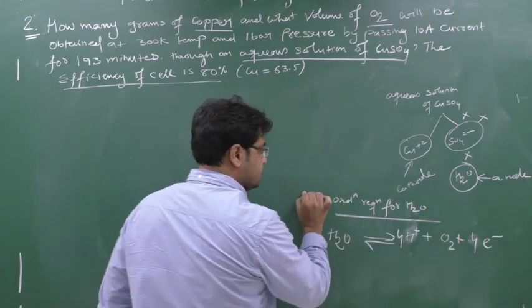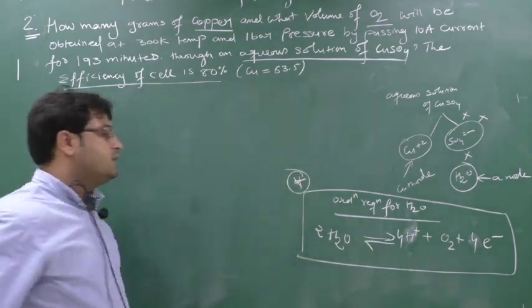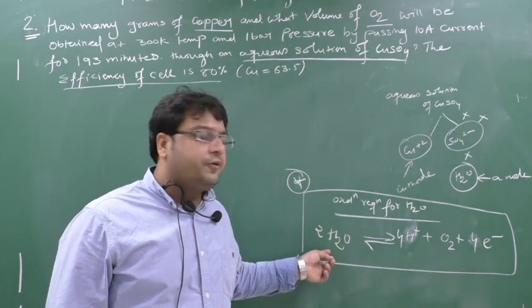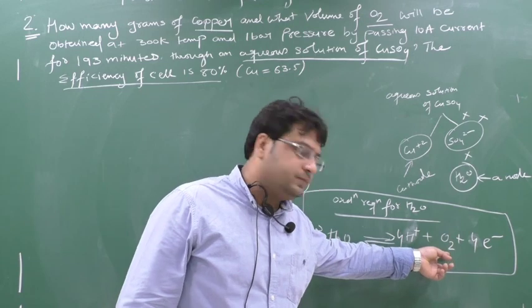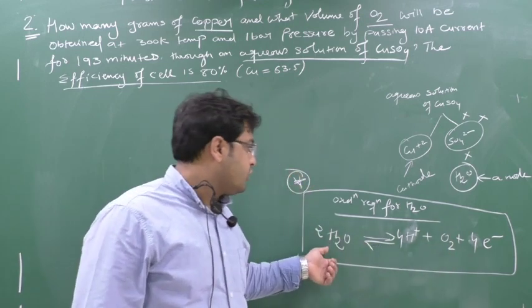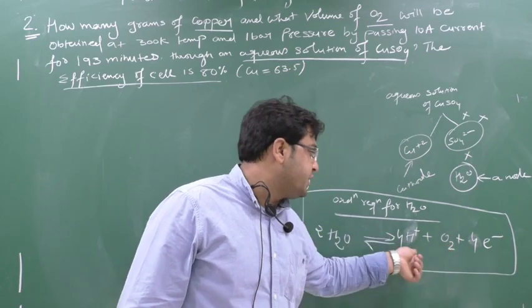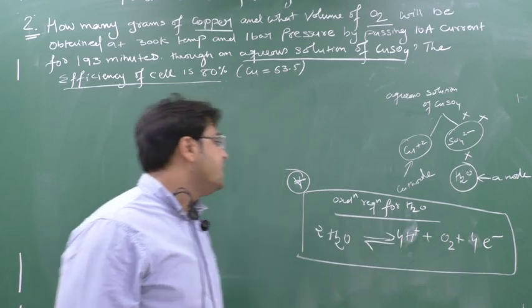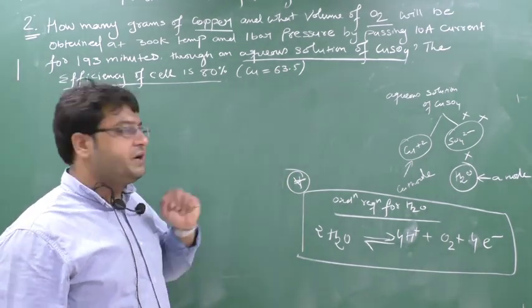Please, for now, you have to in short mug it up. That oxidation reaction for water is that water, if it does the oxidation, it will liberate O2. For oxidation, loss of electron has to be taken, and when O2 is liberated, 4H plus also will be liberated. When you balance the reaction, you will get this reaction. Please remember this reaction. In future classes, you will understand in detail.